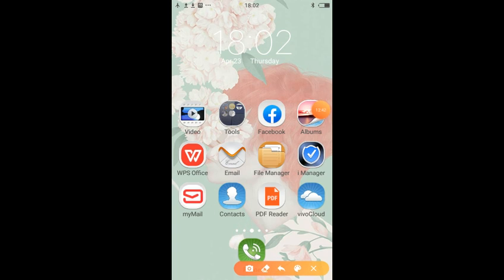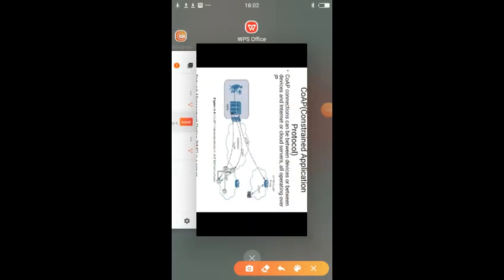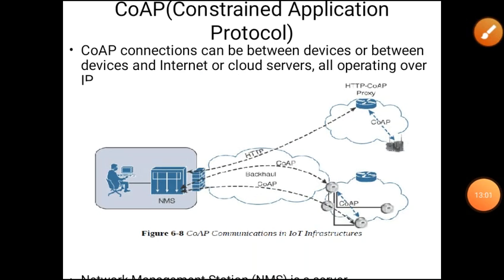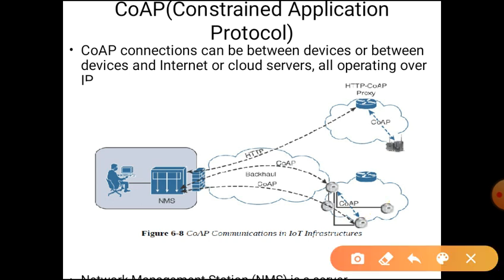It can be between an IoT device and a server, where the IoT device acts as a client.